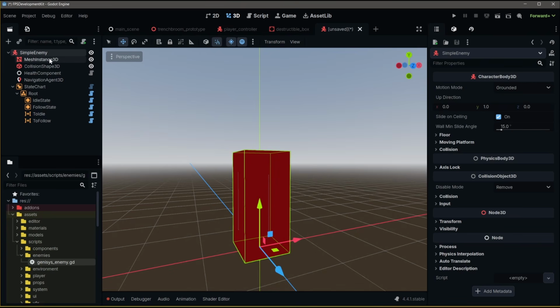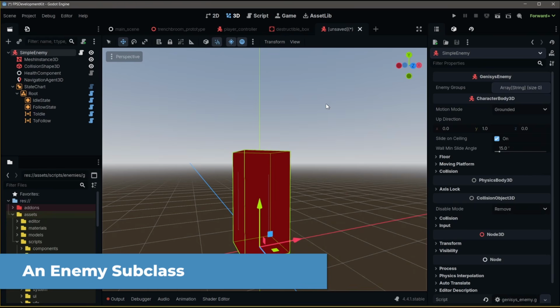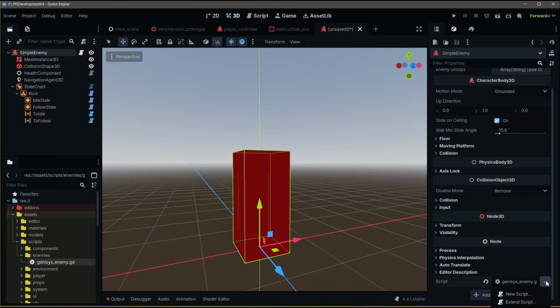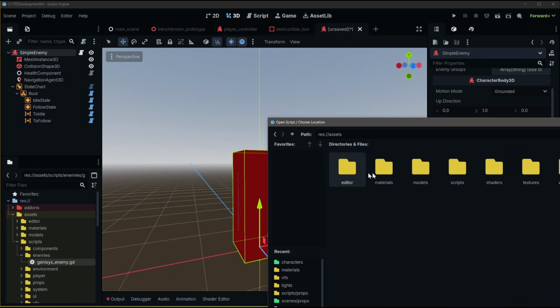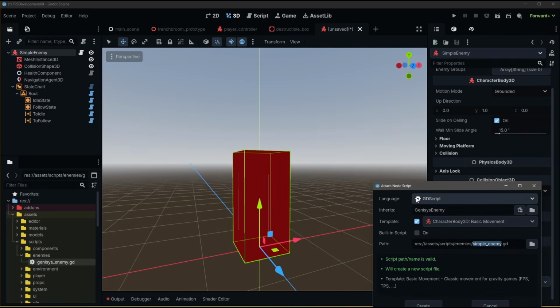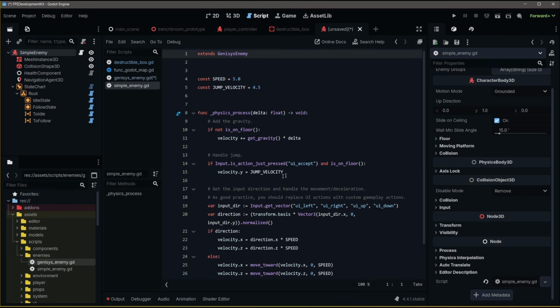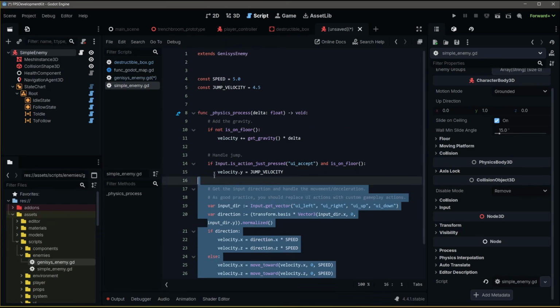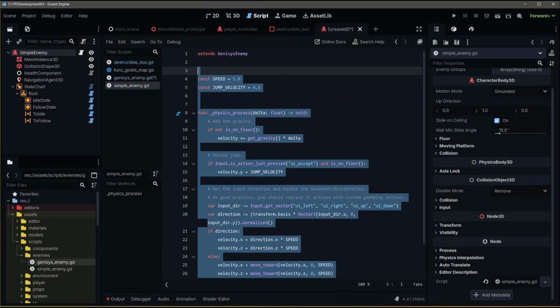Let's create our subclass script for our enemy. So we're going to pick our Genesis enemy, and then we're going to extend the script. Let's save that in assets, scripts, enemies, and call it simple enemy. Create that. And I didn't mean to add all of the extra CharacterBody3D stuff, so we can delete